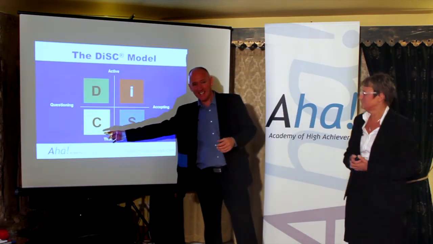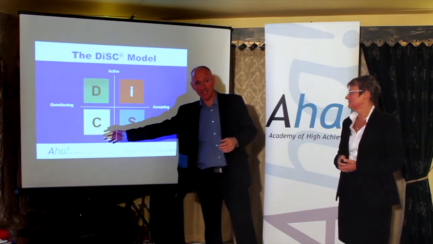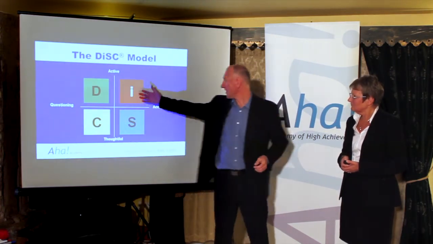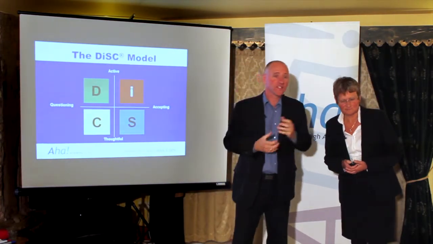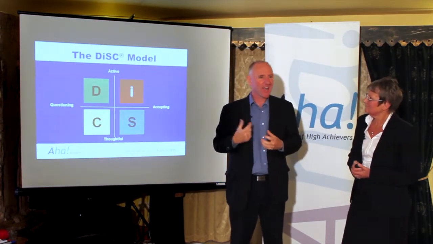So from the C style, if we're operating in a C style and we're interacting with the person in the I style, and they're doing their enthusiasm, they're lively, they're wanting to keep fun alive in the day-to-day activities, energetically moving forward, optimism absolutely oozing from them, and we're putting a lot of emphasis on getting things right. Making sure that the quality is at its highest, that before we take any kind of action, we've checked and double-checked, we've dotted the I's and crossed the T's. It can actually be quite a scary place for someone in the C style interacting with someone in the I.